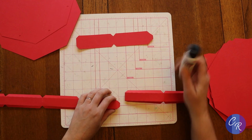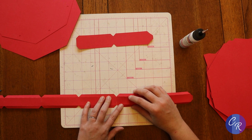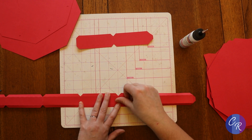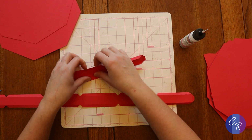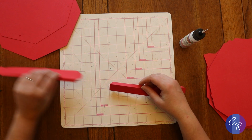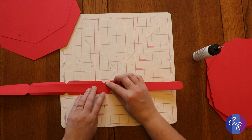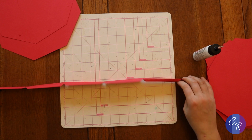And then I'll add that one. A little high. There we go. This one in place, and then I'll attach this last panel to that first one to close off and make it an octagon. I do have some escaping little bits there,